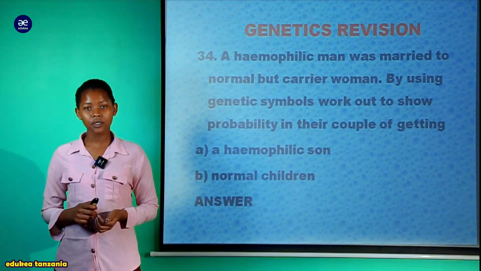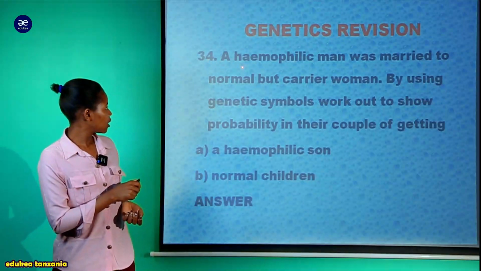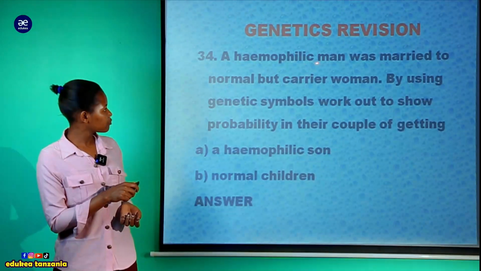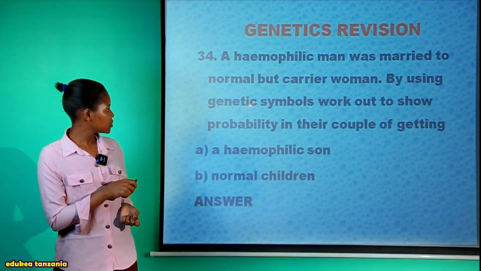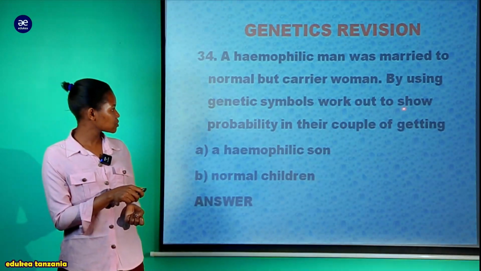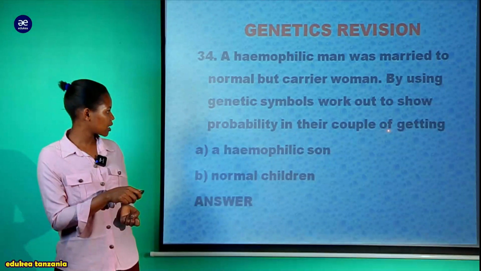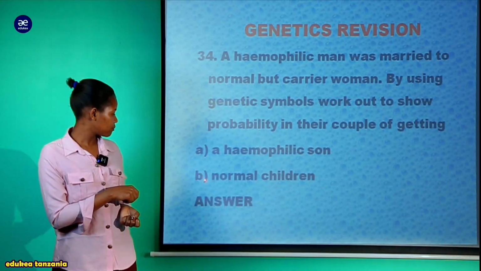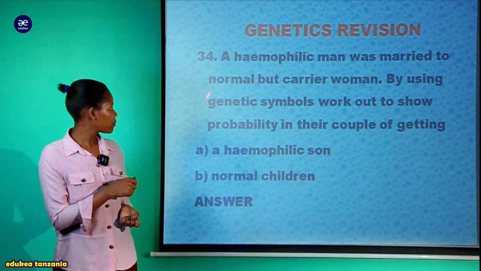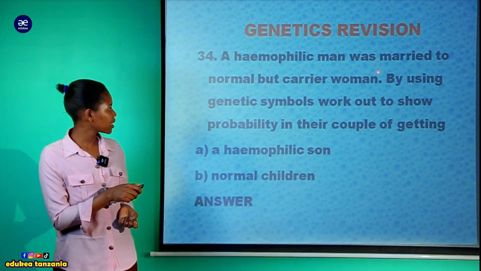Now we are going to explore question number 34. As you can see, a hemophilic man was married to a normal but carrier woman. By using genetic symbols, work out to show the probability in their couple of getting A, a hemophilic son, and B, normal children. Hapa tunahitajika kwamba hemophilic man